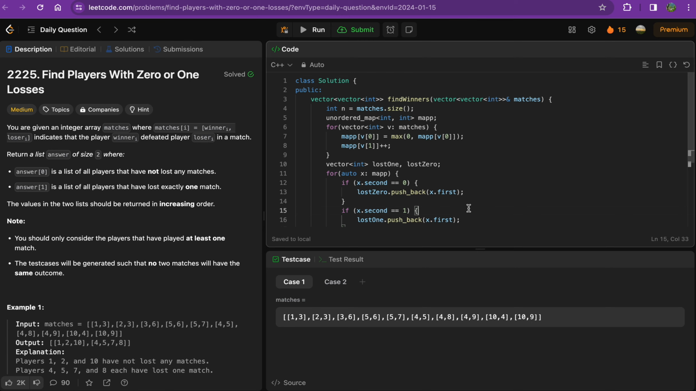This is the problem of the day. Today is 15th Jan 2024. The problem is of medium level and it states that you are given an integer array matches where at every